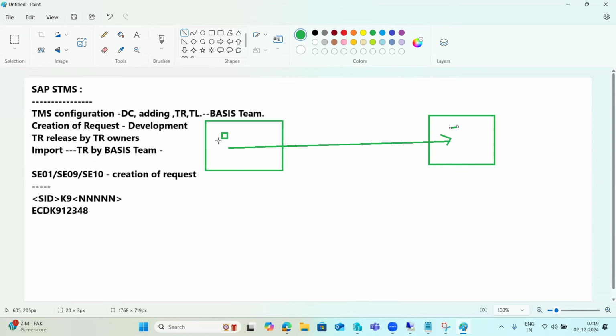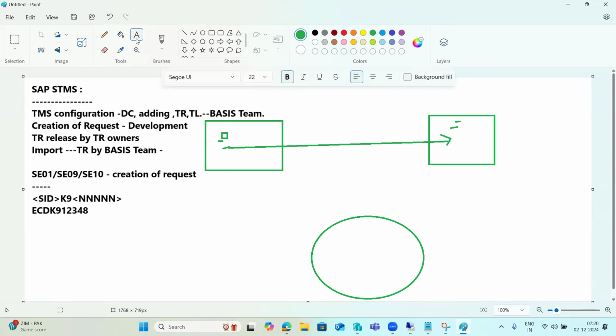Here we have some 800 entries, and here there are already 3000 entries, but we want these entries to be here. In this case, just copy this table, add it to the transport request, then release it. When you are doing the TMS configuration at the operating system level, there